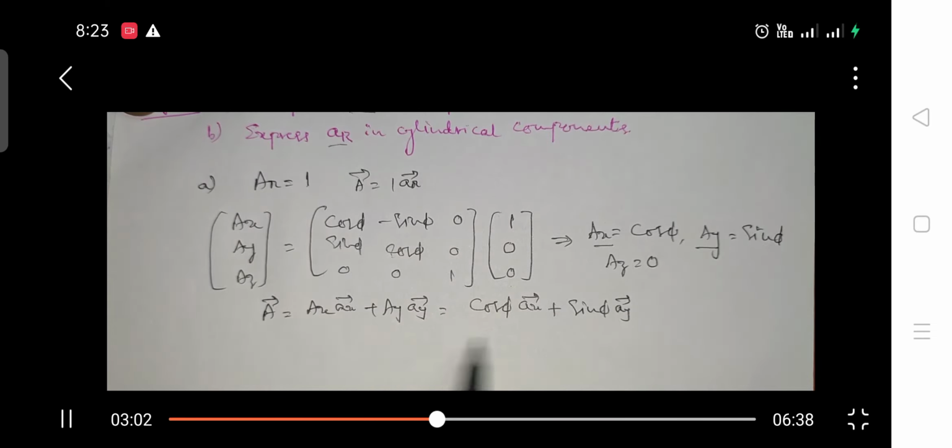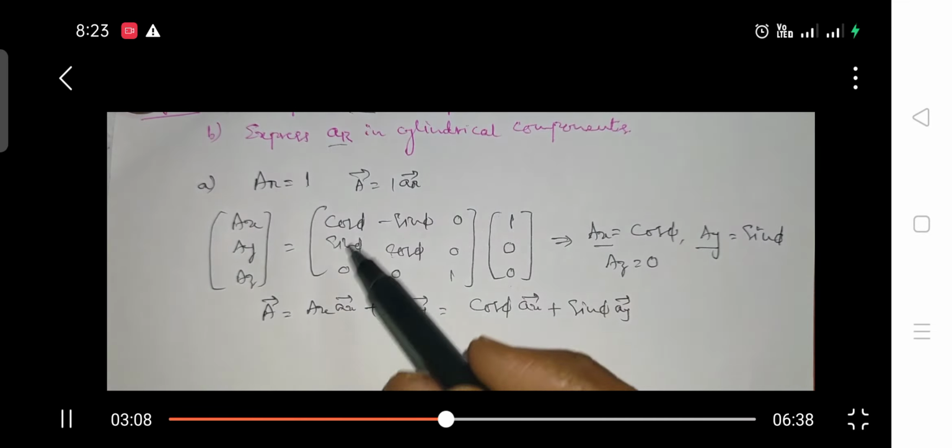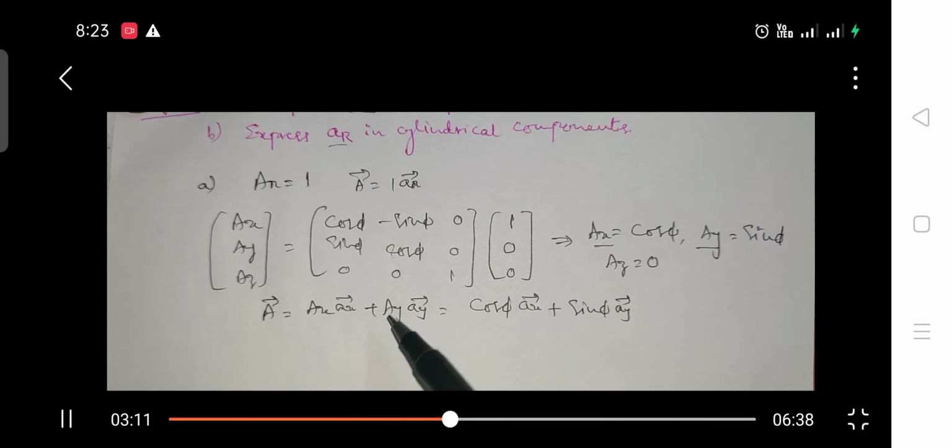And once we know this, we can transform this into spherical coordinates, because we cannot directly convert cylindrical coordinate systems into spherical. Hence we have to first convert that into rectangular form, and from there we convert that into spherical coordinates. That would be easy for us.